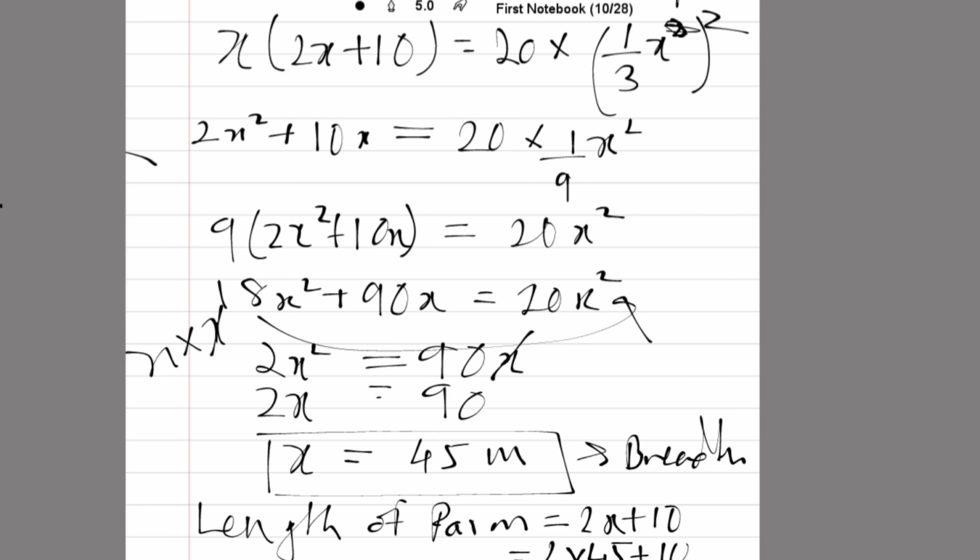So I hope this is an easy type of sum, and in all the questions you have to solve it using the conditions given, and you have to just assume one variable according to your convenience. See, I have just assumed breadth x, and according to the condition that the length is 10 meters more than twice the breadth, I have arranged these terms and got the needed value, right? So this is the same thing which you have to do.